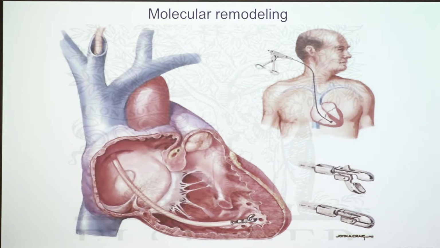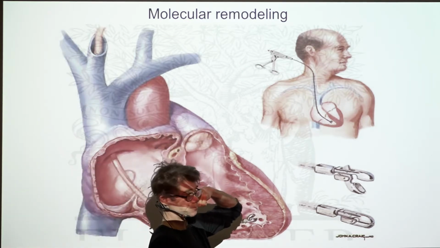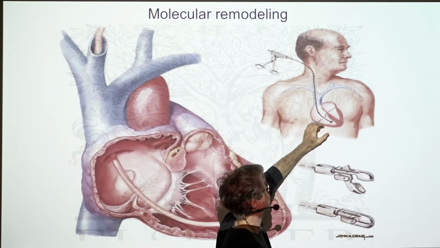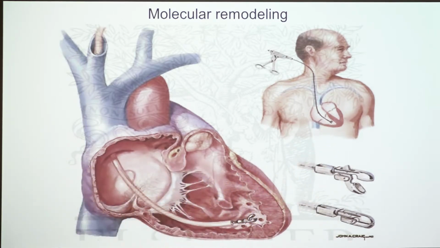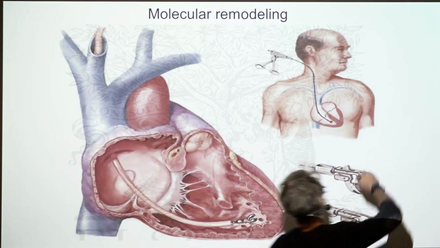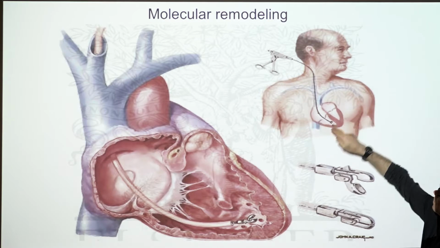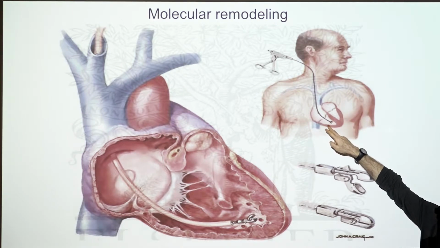So if we take a biopsy, and we do this all the time, we put a catheter through the neck like this, through the jugular vein, down through the superior vena cava into the right ventricle, and we take a little piece of, like a 2 millimeter piece of tissue. And then we analyze this piece of tissue in research and in H&E staining in the pathology lab, etc., right? And even if the patient had a myocardial infarction on the left side, let's say on the lateral wall of the left side, this part of the heart will be sick. Even though the disease is here, this part is sick.